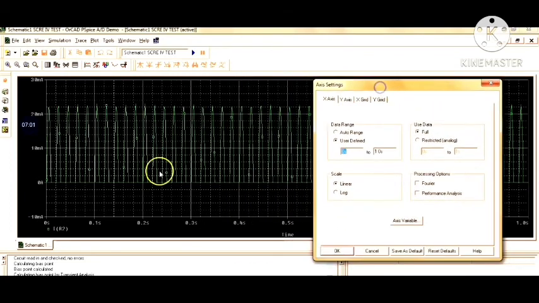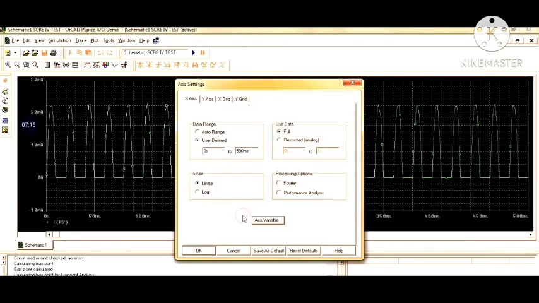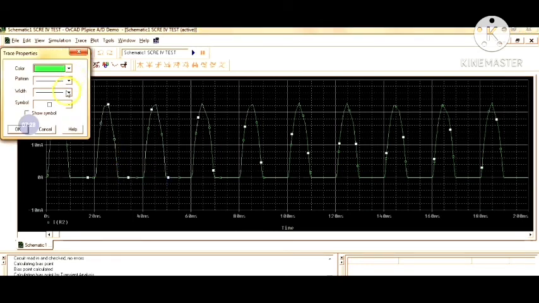You can fix the range of variation. If you want to magnify the graph, you can change the variation range. You can make the waveform prominent by setting the properties and increasing the line width.